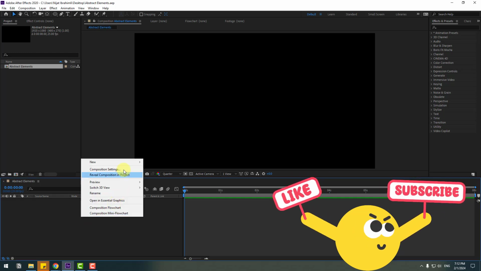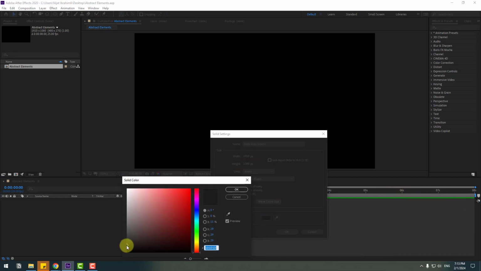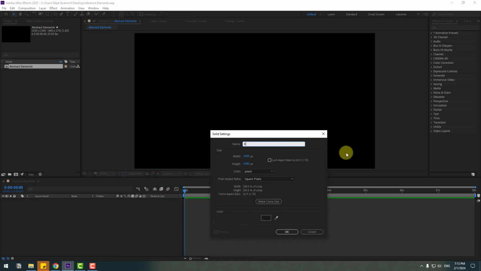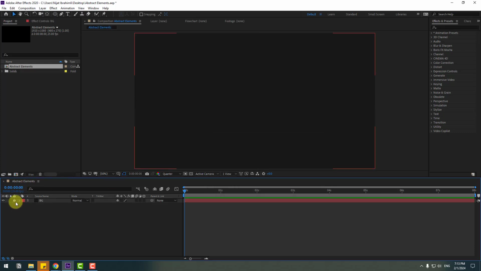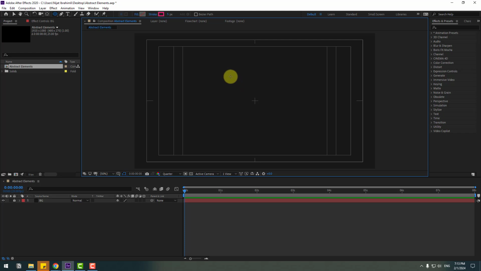First one, let's create a new solid layer for background and go to the color cube. Let's select black color like this, click OK, add the name background, click OK, and lock the layer. Then go to shape layers, hold this icon, select this ellipse tool and go to enable title action safe, and let's hold shift, make